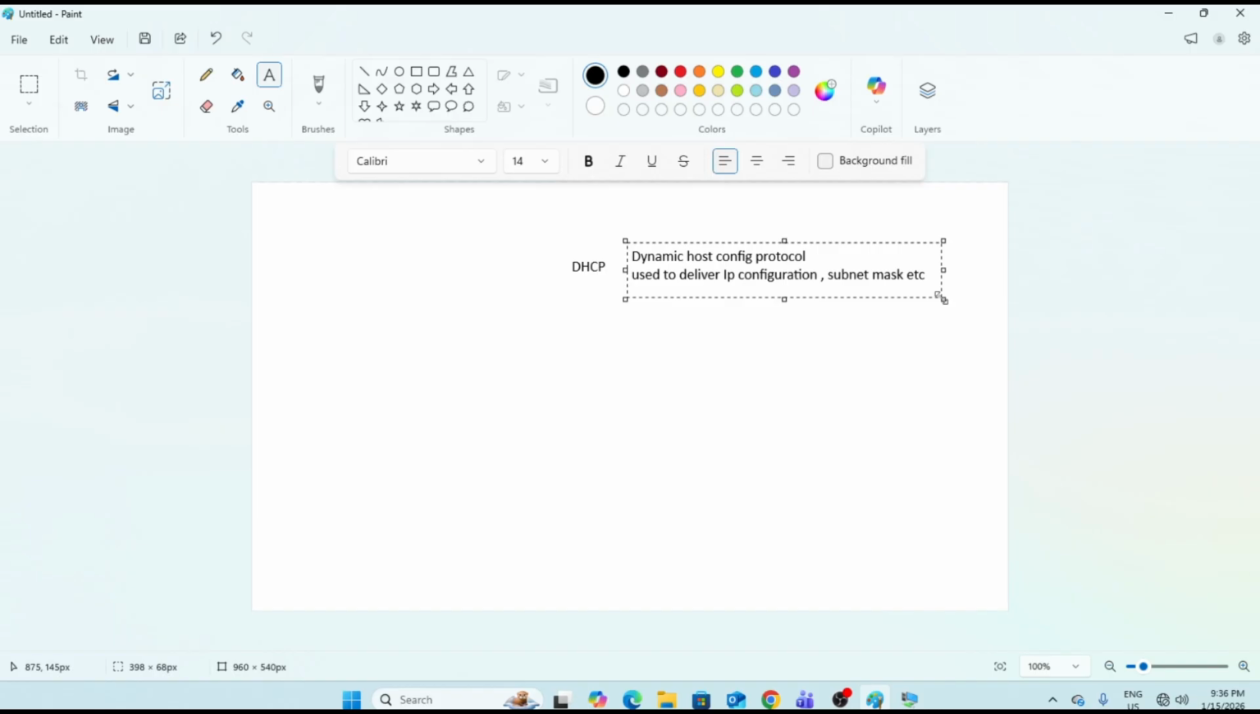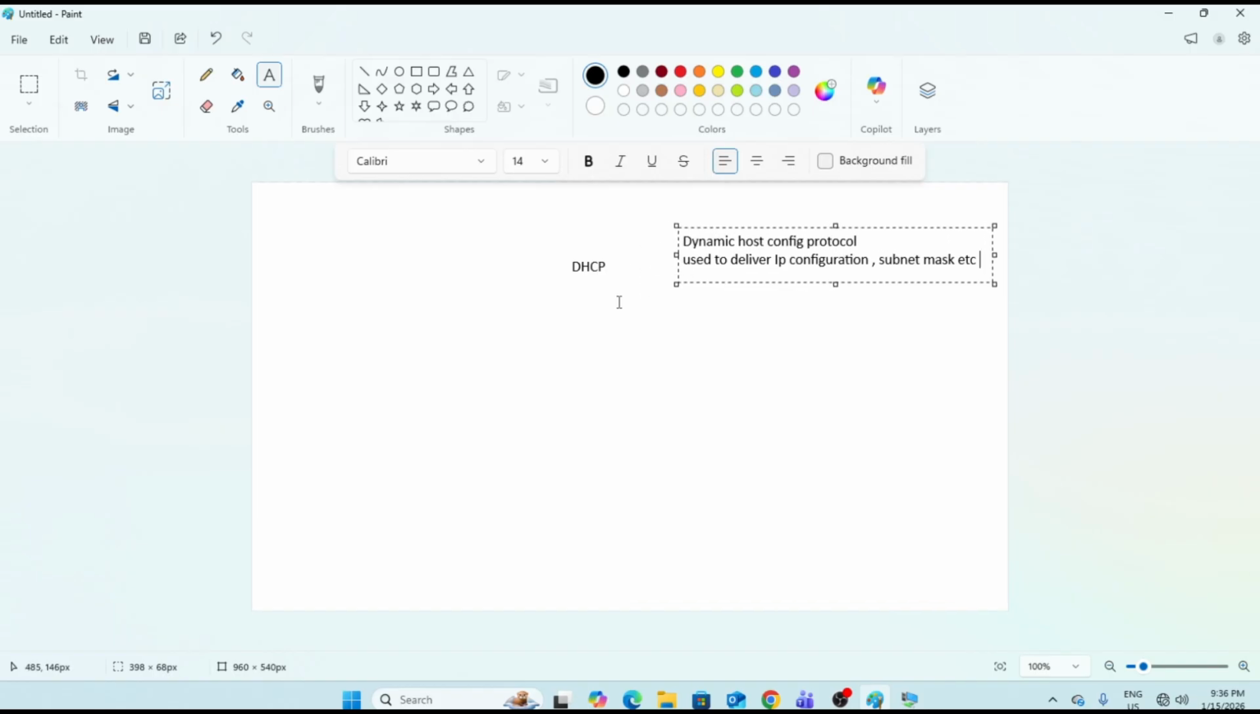the client machine. So shortly, any device in the network needs an IP address. How are we going to give the PC, or any device in the network, an IP address to communicate? How are we going to deliver or give the IP address to the device in the network? So